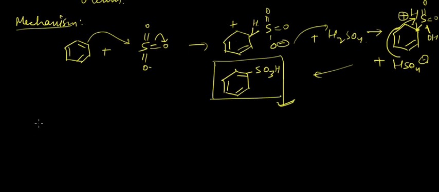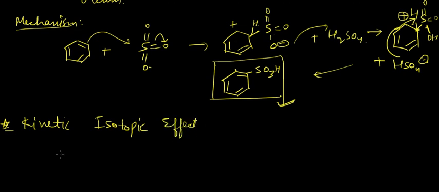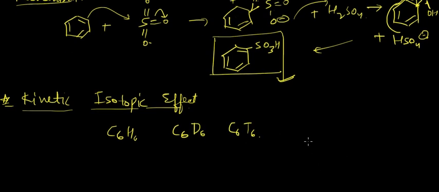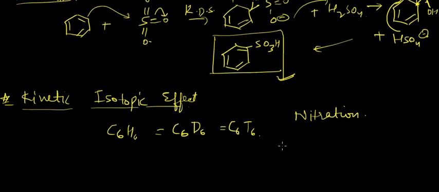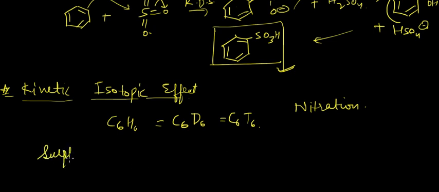Okay, so as we have seen, the kinetic isotopic effect, wherein when we discuss what will be the rate of reaction when we replace benzene with C6D6 and C6T6: as the rate-determining step does not involve the C and H bond, in all the cases the rate would be the same, whether we look at the case of nitration. In the nitration case, yes, all the rates of nitration would be the same, but in the case of sulfonation and